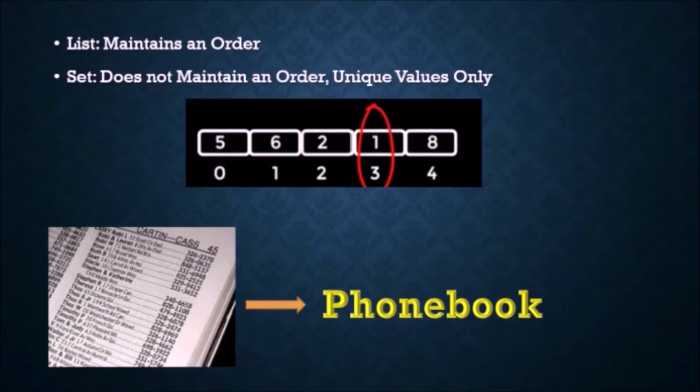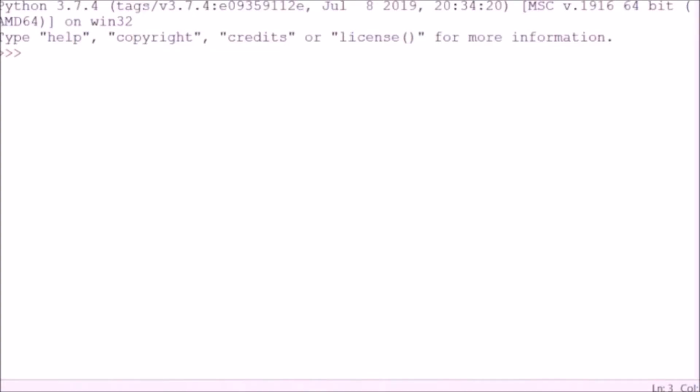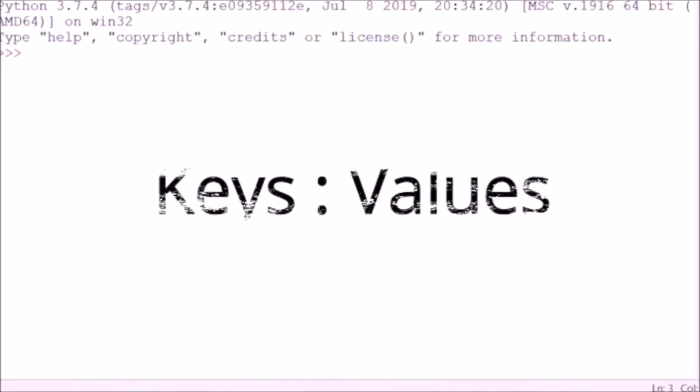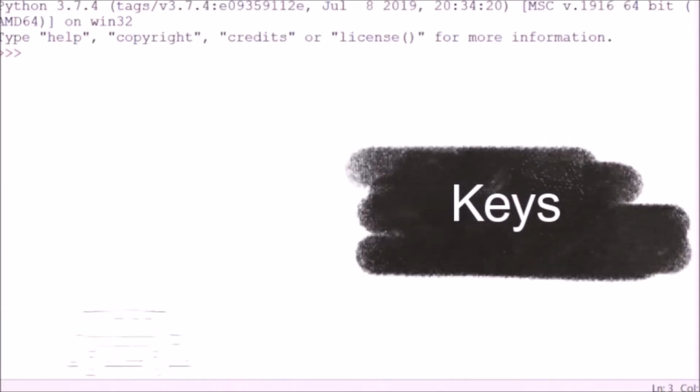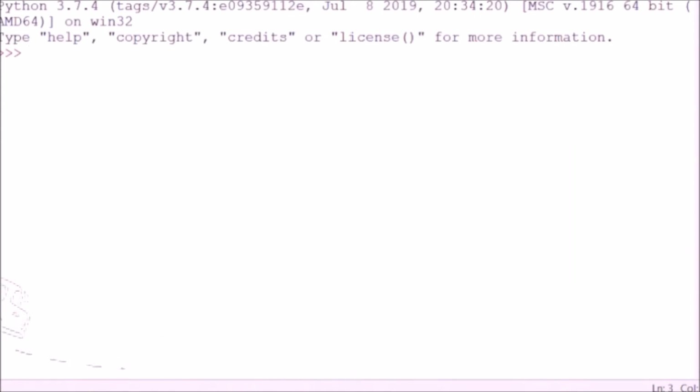So let me open up my IDLE, and yes. So for making a dictionary, we make use of curly brackets. In that we write two things. One is a key and the other is a value. But there's one rule in dictionary, that all the keys have to be unique. So let's make a dictionary where the keys are the numbers while values are fruits.